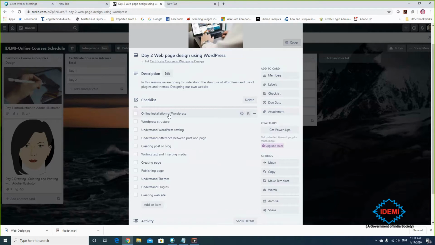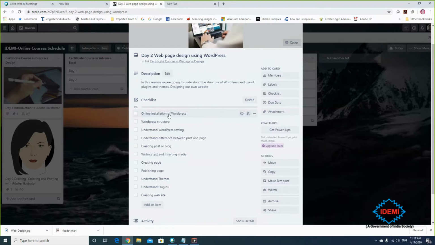After that, we are going to see the difference between post and page, because if you learn WordPress, initially a lot of confusion is there when people start WordPress, and they do not understand what the difference between post and page is.